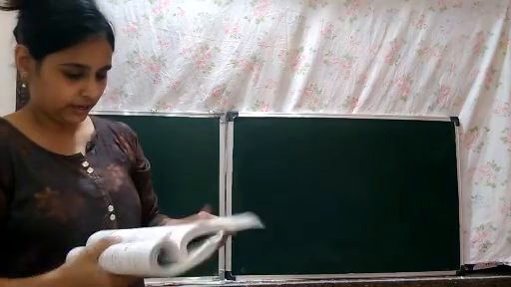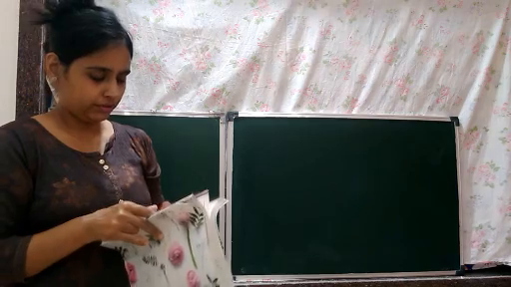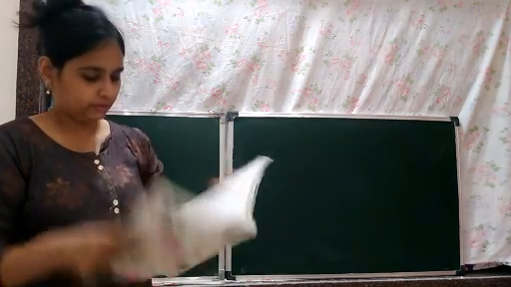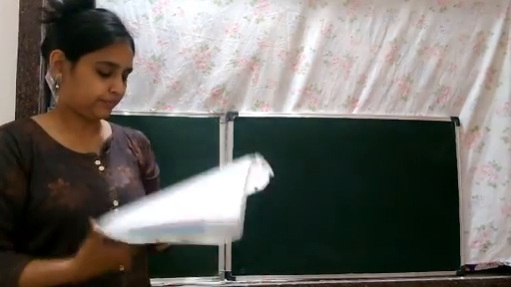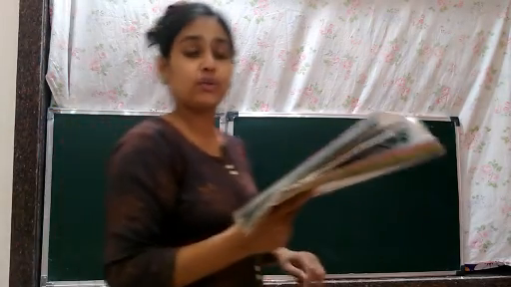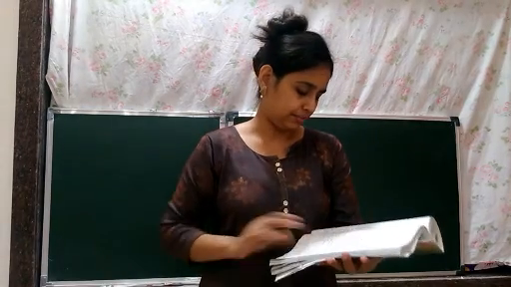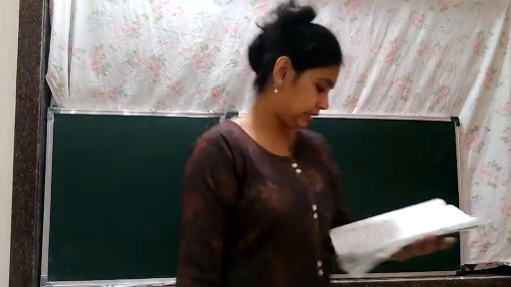Starting with the try these, which is given just after exercise 8.3. As I said, in exercise 8.3 we've done only question number 1. Question number 2, make 5 more examples and find the greater number from them, that we have cancelled because we've already done many examples in question number 1. So now starting with question number 1 of try these, children, we are going to do it in the book itself.